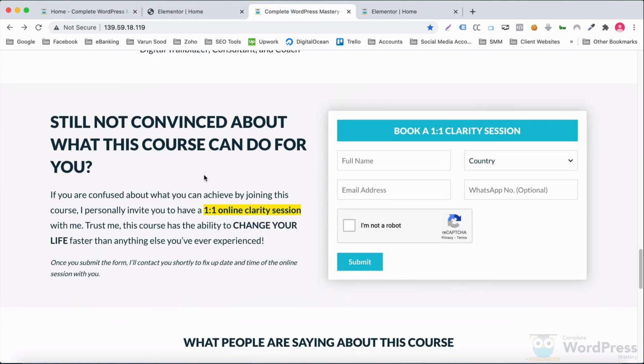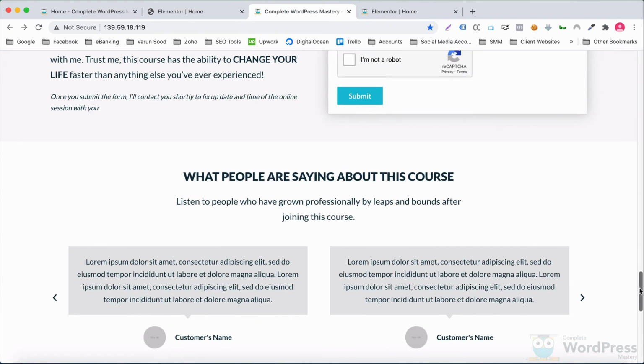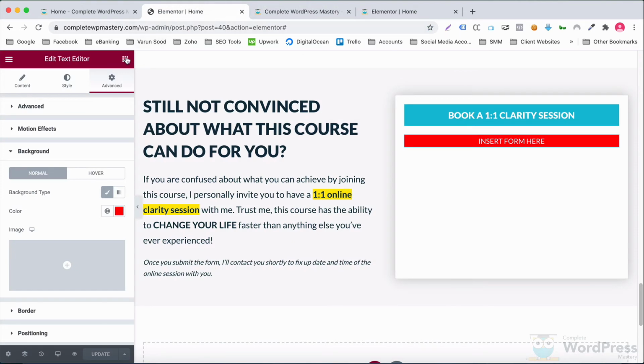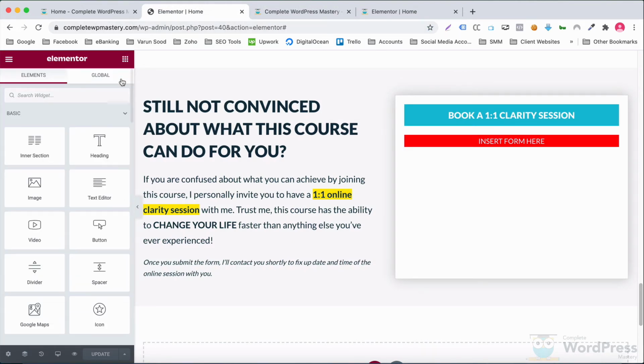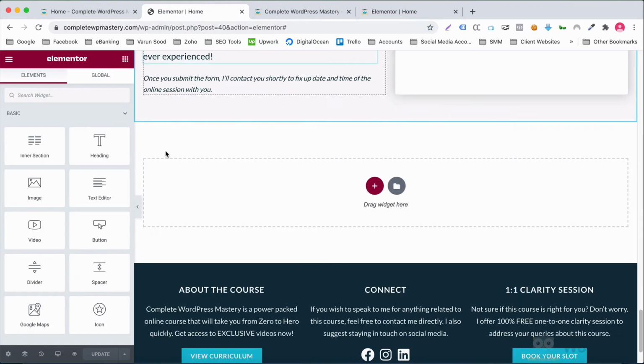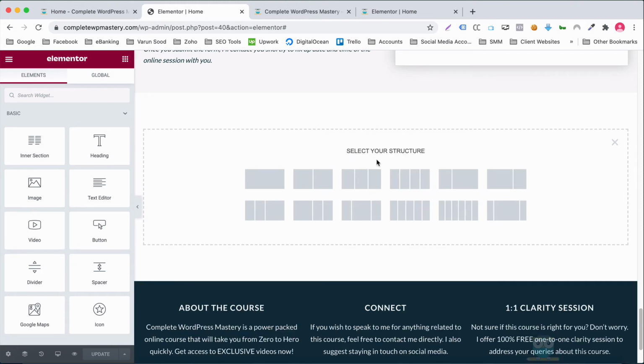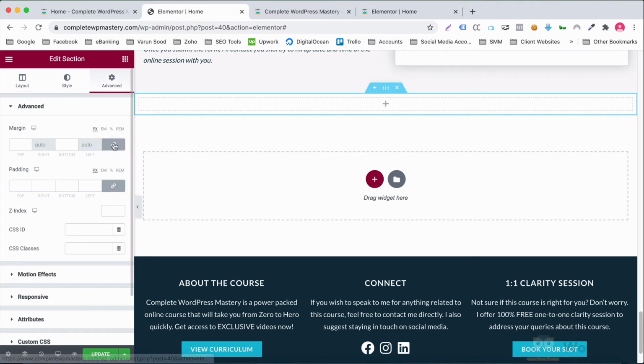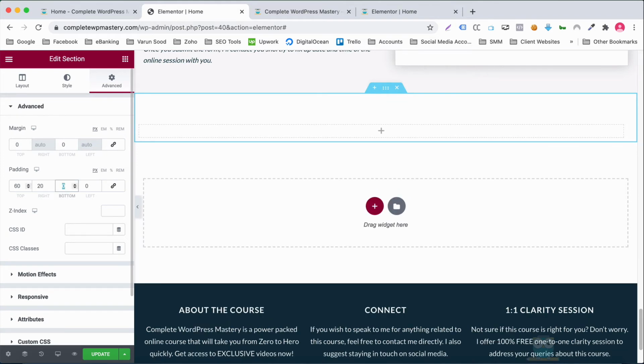The next section contains the testimonials. Let's add a section. Set its content width to 1200 pixels, margin to 0, and padding to 60/20/60/20.